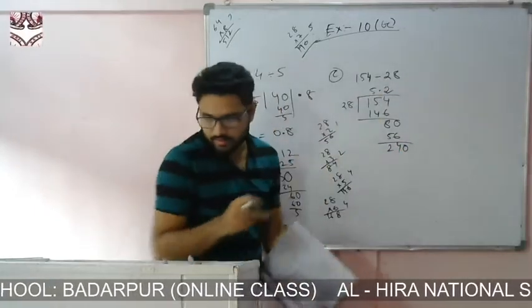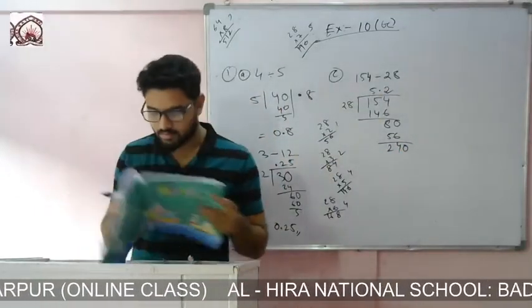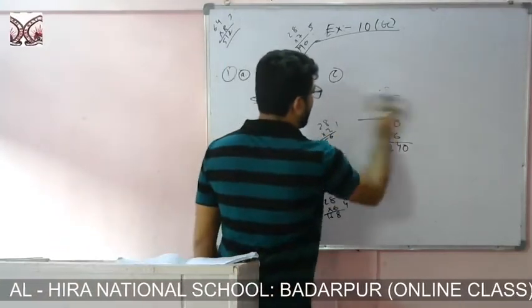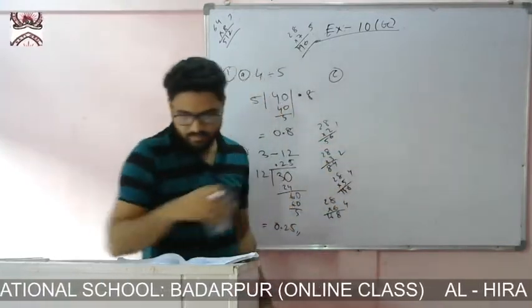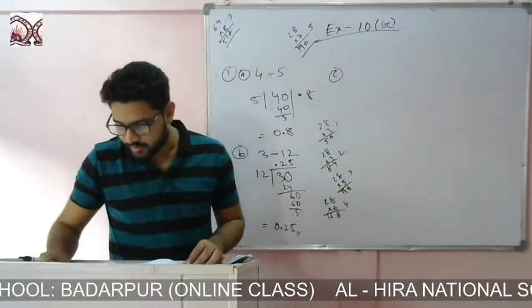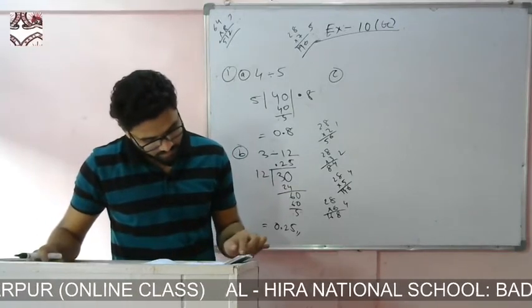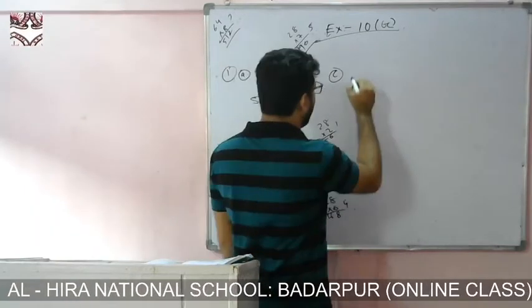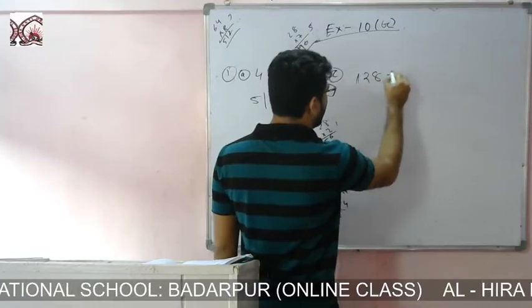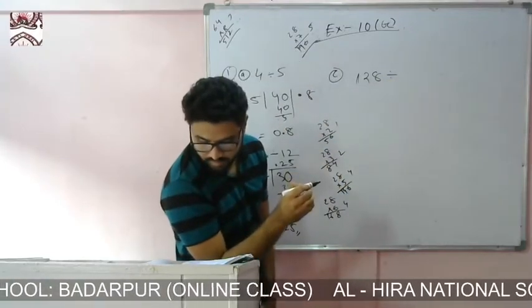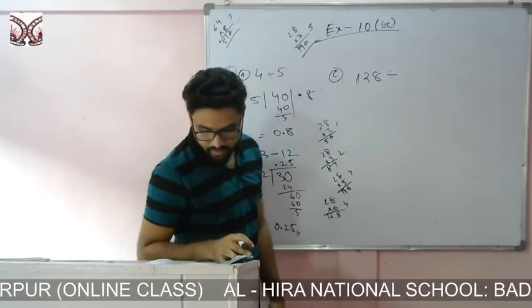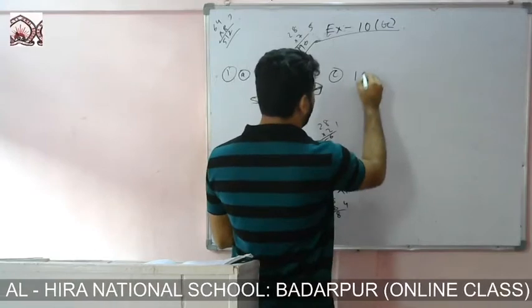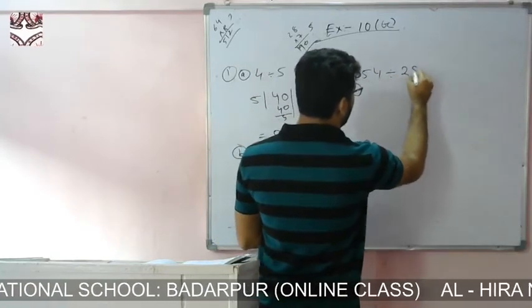Let us check again this one. Okay, what remains? 20 or 24, 28, 128 divided by, 128, not 154, 154, 154 divided by 28. Okay,